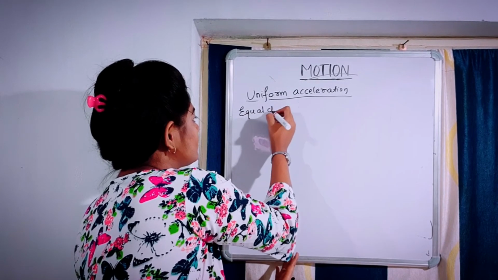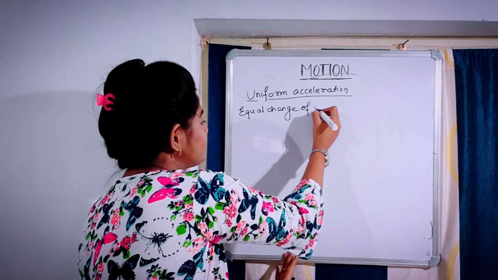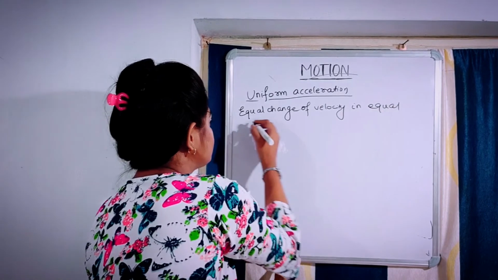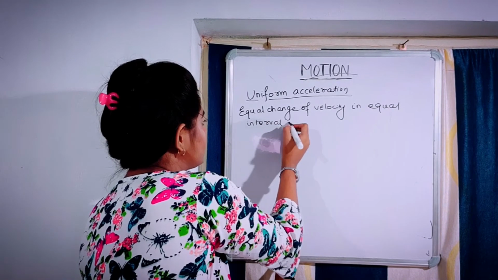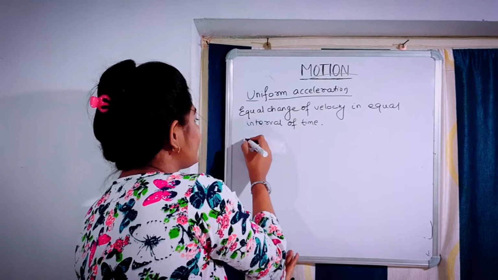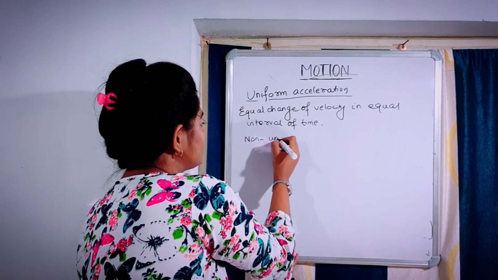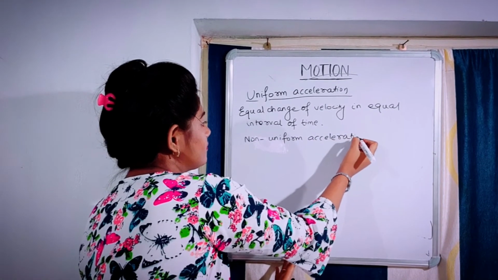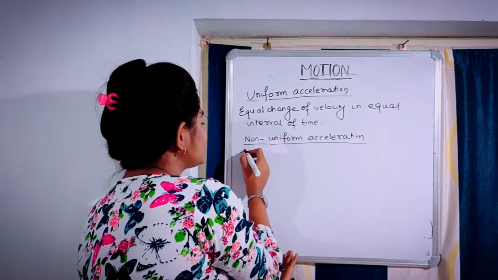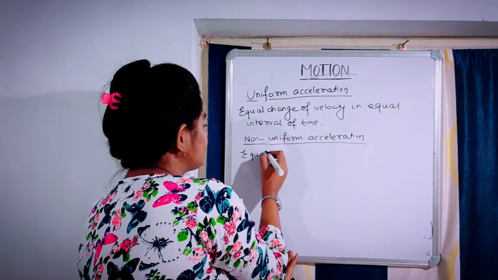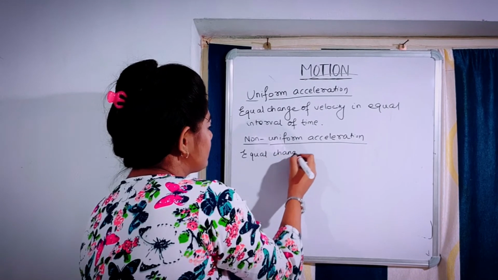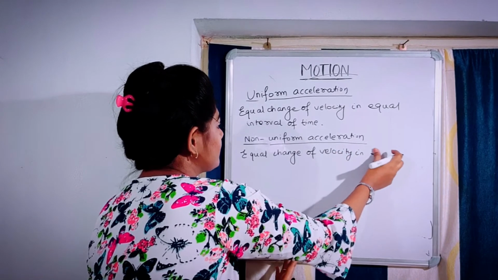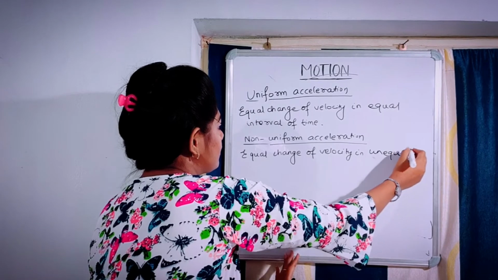Equal change of velocity in equal interval of time. And what is non-uniform acceleration? Equal change of velocity in unequal interval of time